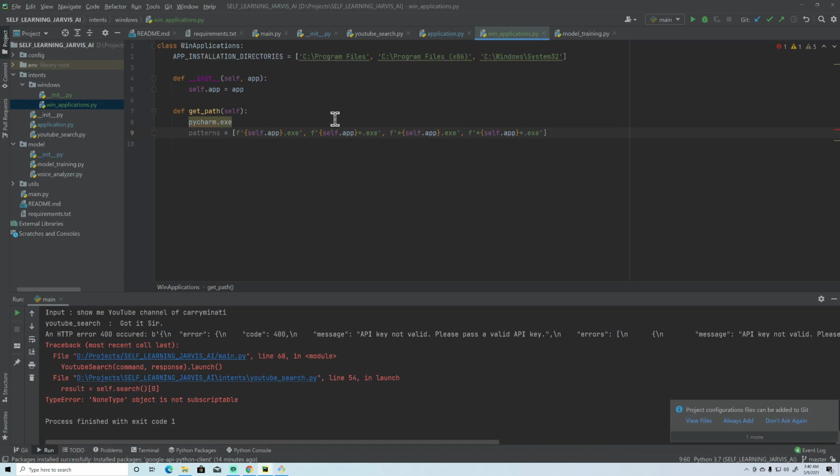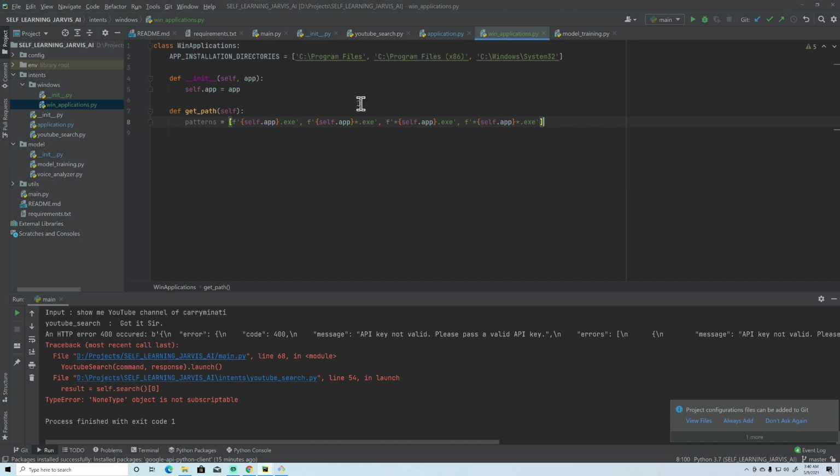So I have created 4, right? So yes, in these 3 directories we are going to search for these 4 patterns, but if any pattern is found, then the code will not search for other patterns, right?